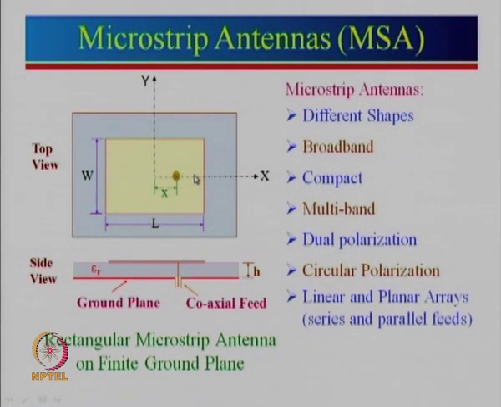If it is circular, it will be a circular microstrip antenna, triangular microstrip antenna, or it can be a hexagonal shape microstrip antenna, pentagon shape, sectoral, annular ring, and so on and so forth. Now this antenna, you can see this is the length and I have shown this as the width. So, this length should be approximately equal to lambda by 2,